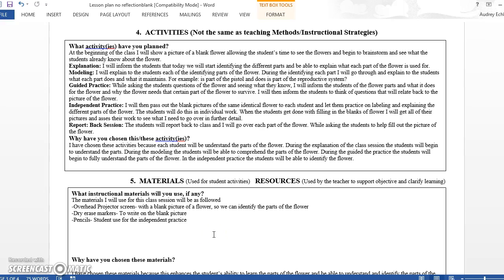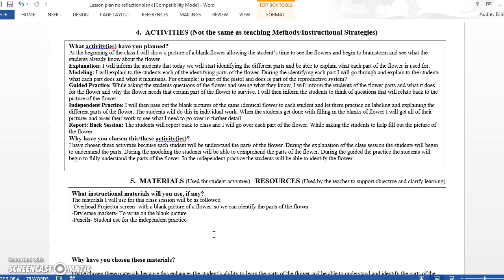The next part is the activities section. It's lesson plans 4 through 6. The activities section covers the activities I've planned for the class. At the beginning of the class, I will show a picture of a blank flower, allowing the students time to see the flower and begin to brainstorm and see what the students already know about the different parts of the